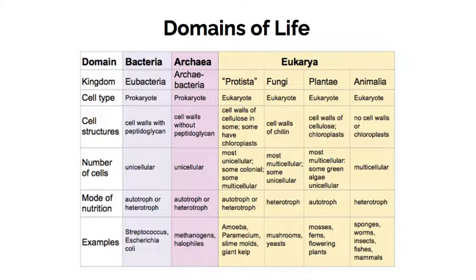Right now you don't have to memorize this table, you're going to see this when we go through our evolution unit. But here's a nice breakdown of how we categorize things. There are three domains of life, bacteria, archaea, and eukarya. Bacteria and archaea are prokaryotic, while eukarya is eukaryotic. Then you can see within those domains we have kingdoms. The domain bacteria corresponds to the kingdom eubacteria, while the domain archaea corresponds to the kingdom Archaebacteria.